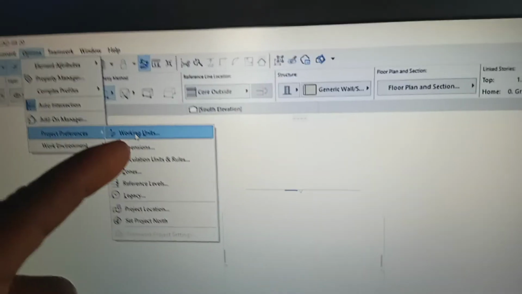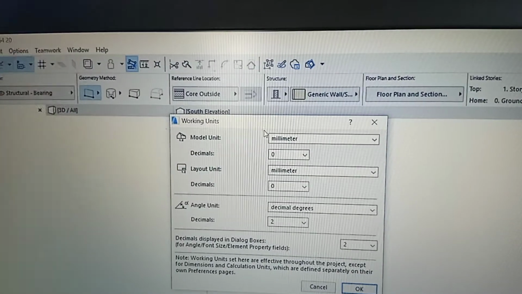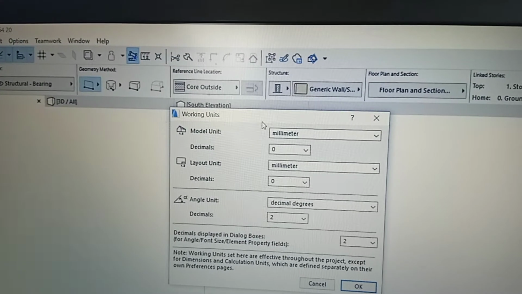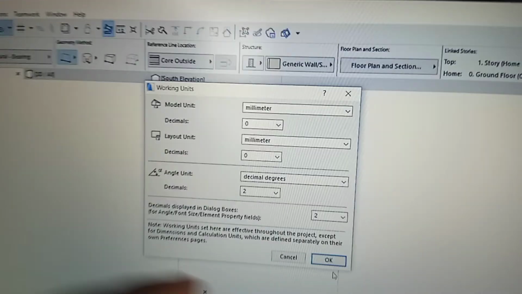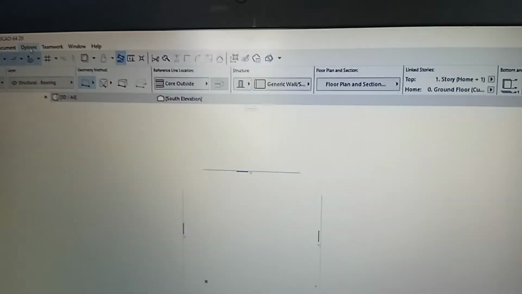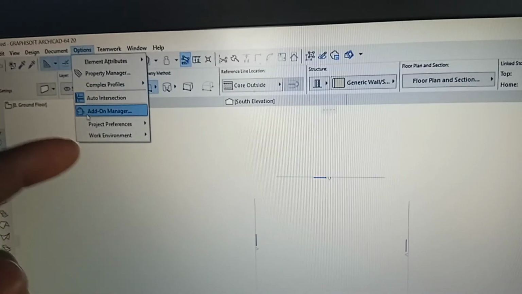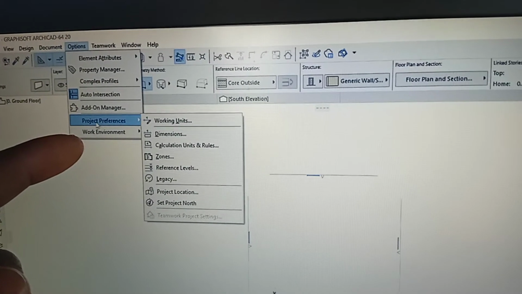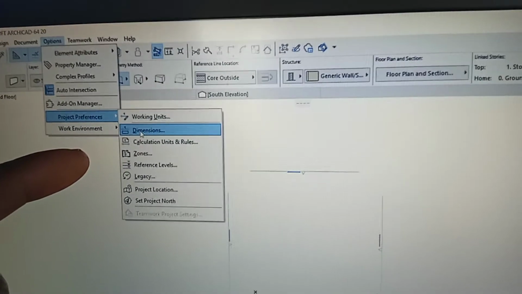Kwa working units, what you will do, utasema yes, and you say thou engineers use millimeters, and you say okay. You will repeat to click on the options and you go to preference, project preference, and utasema